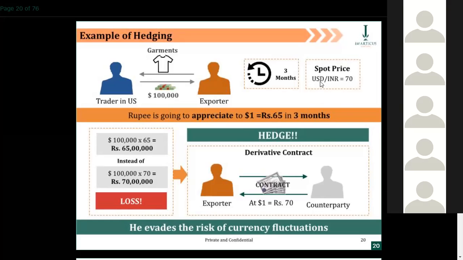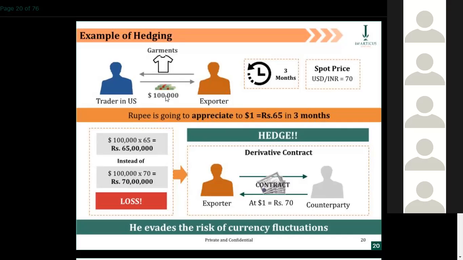This is the rate. So he's expecting 70 lakh rupees in return against this contract which he has signed with the US counterpart. However, if this price fluctuates, then there can be a problem. Now with this contract with the counterparty, which is a bank, he is very sure there would not be any variation in the final value of the money coming into his hand,